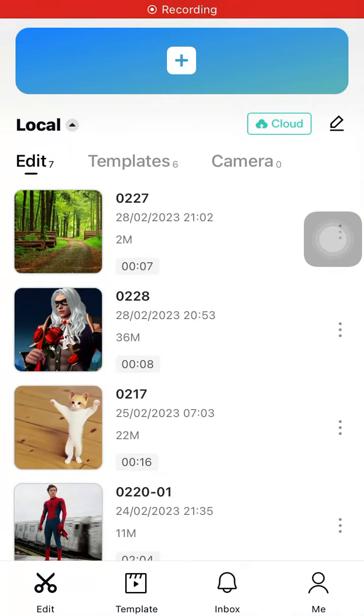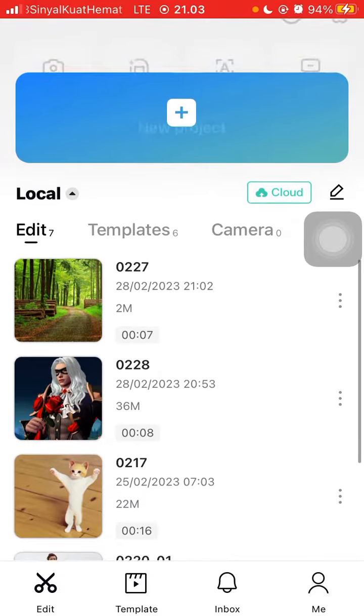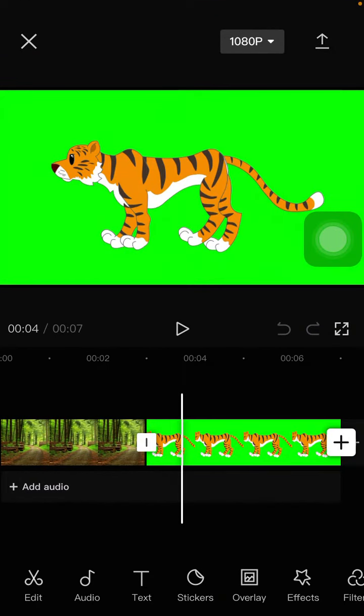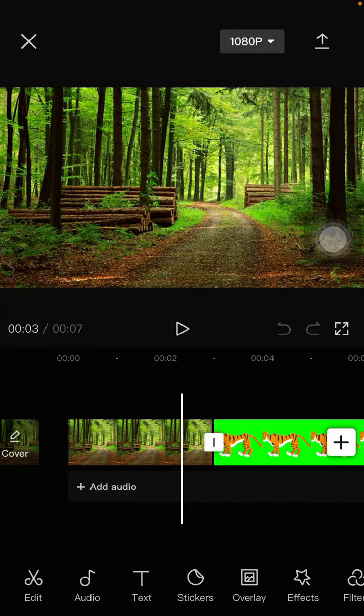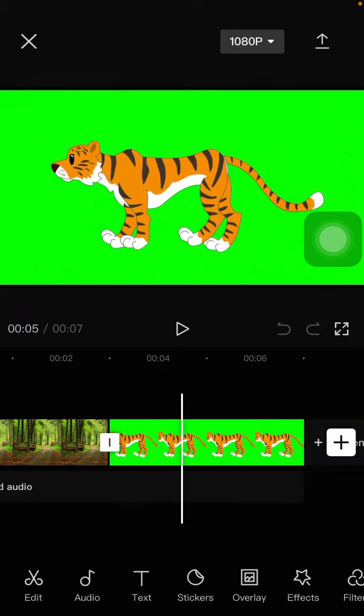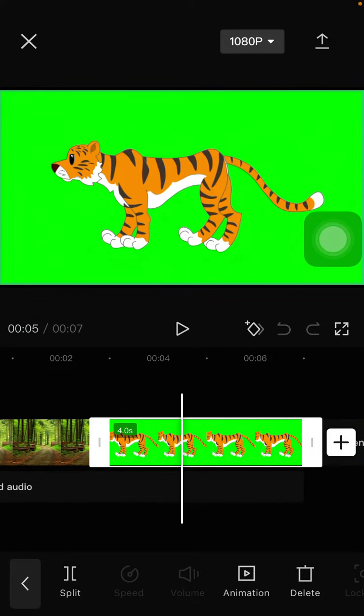Hello everyone, in this video I'm going to show you how you can apply cosmic video effect in CapCut video editor. Alright, I'm going to open my project here. So there are two photos here, right, which is this second one, the green screen background, and I'm going to